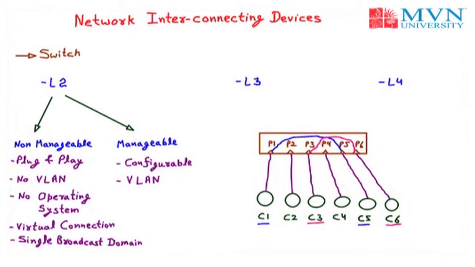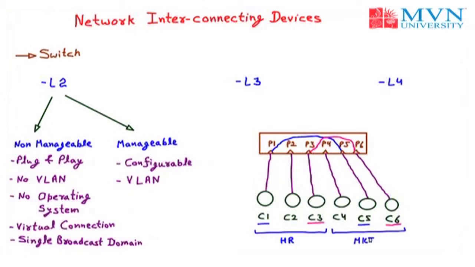Take another example of departments. For example, we have 6 employees in our university, and those 6 employees are of different departments. For example, the first 3 are of HR and the next 3 are of marketing. So just compare the example with the computers. We have 3 computers of the HR department, and the next 3 computers of the marketing department. So these 2 different departments are inside a university, that means minor LANs or virtual LANs inside a big LAN.